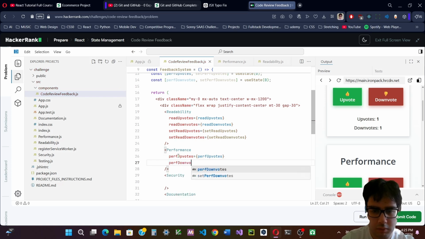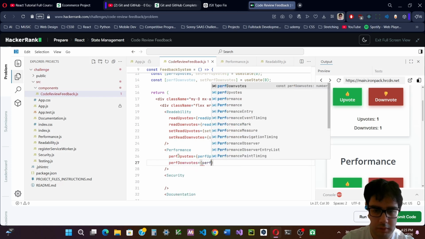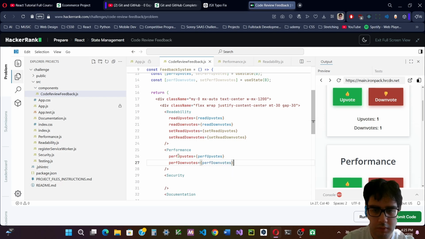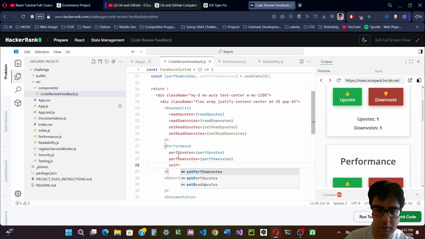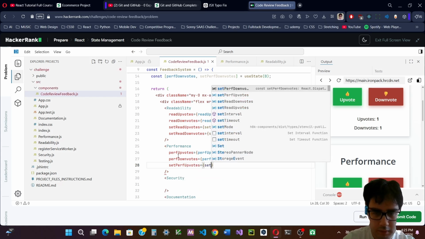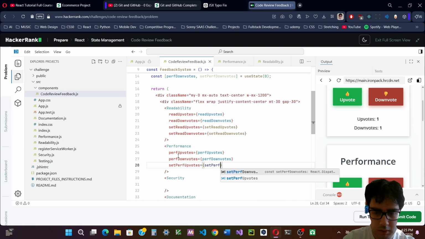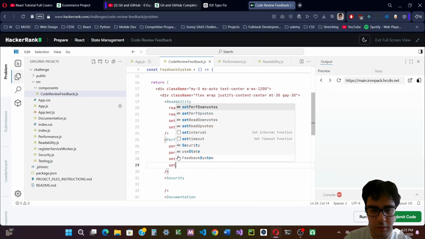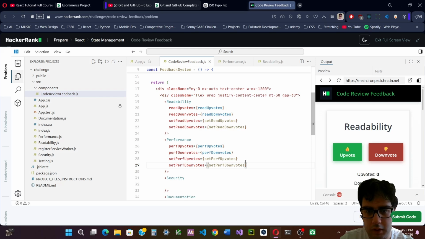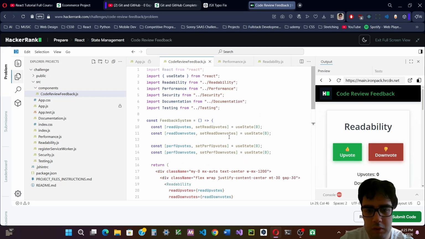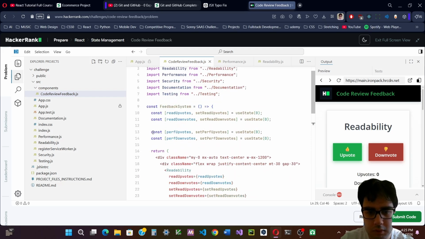Perf downvotes equals perf downvotes. Set perf upvotes equals set perf upvotes. Set perf downvotes equals set perf downvotes. Okay, and now we should be